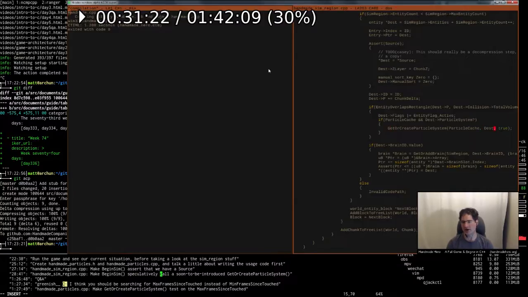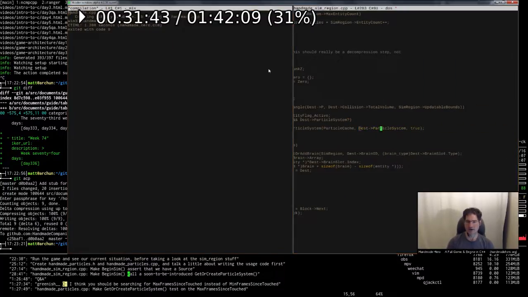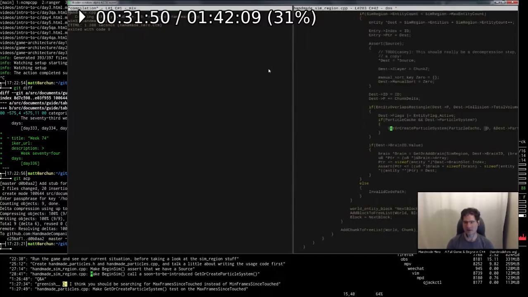We could, I mean, in general, I guess we would say for passing this entity, I suppose we could make this a little bit more generic. We could do something like this. Say, hey, all right, here's the ID. Here's the data for the particle system, in case you need to create it. And we could do something more like, you know,